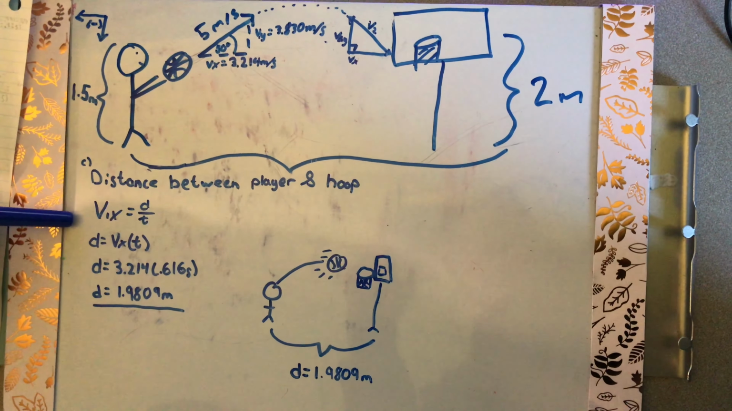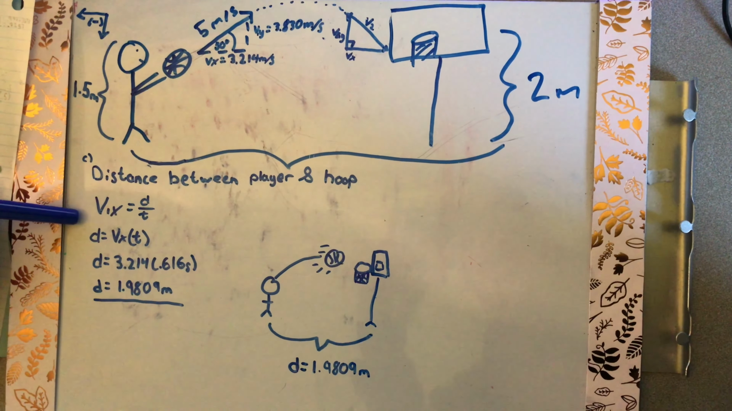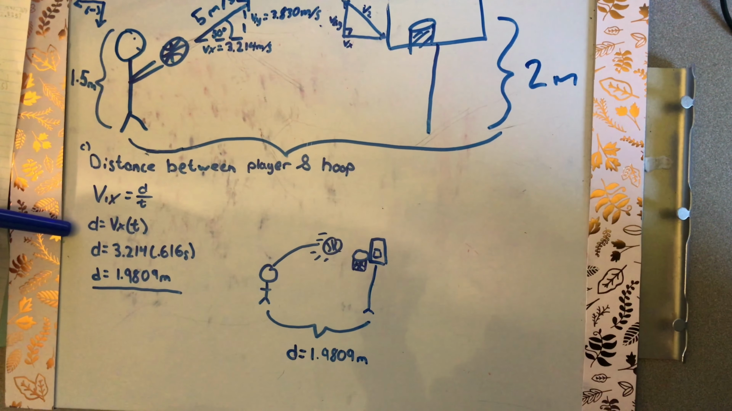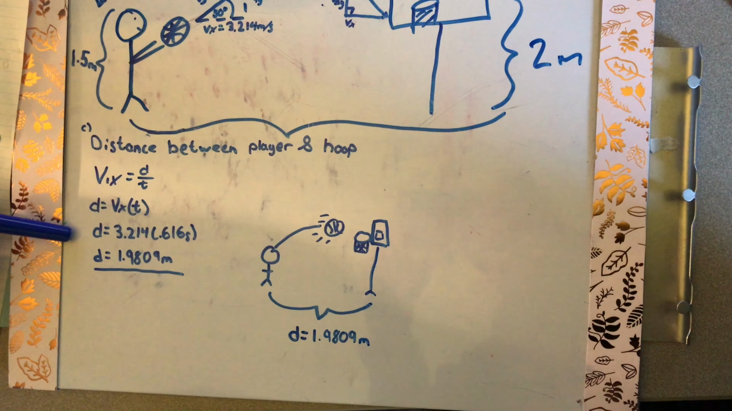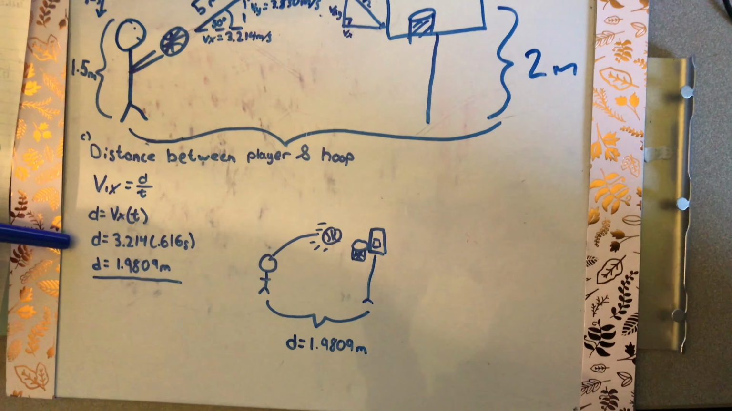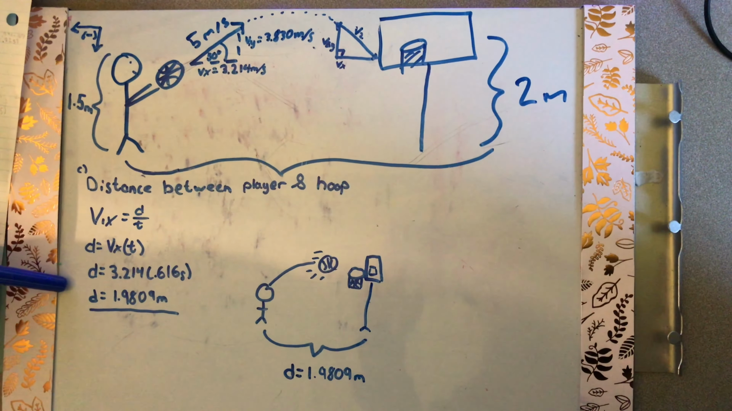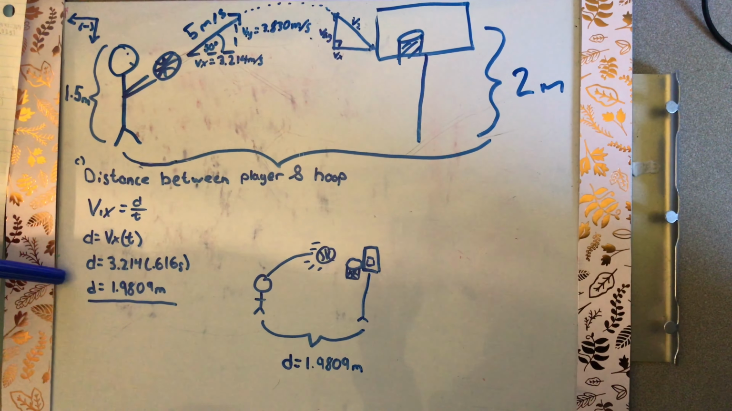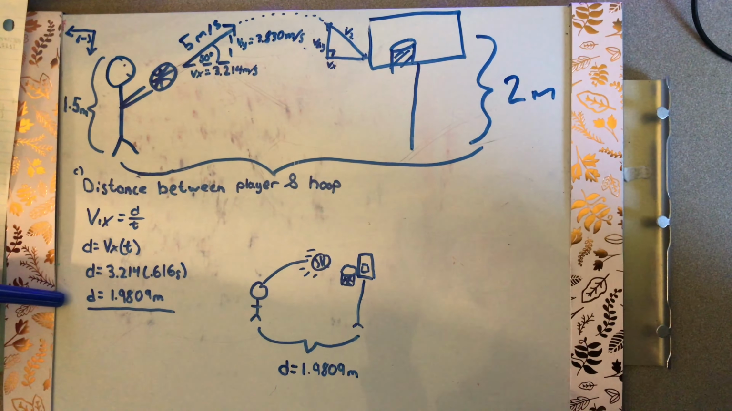So we can use this formula, V1x equals distance over time. And then we can rearrange it to find our distance, which is D equals Vx times T. Our value for Vx is 3.214, and that's where we got it from over here. And also our time, which we got from letter B, is 0.616 seconds. So if we multiply those together, we would get